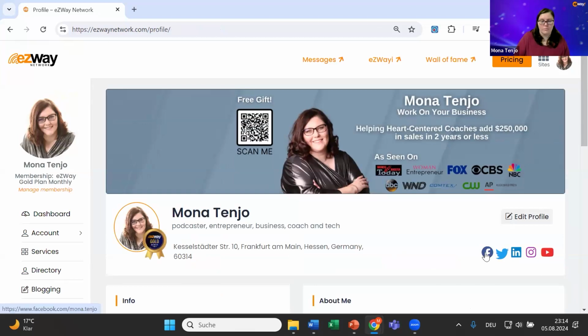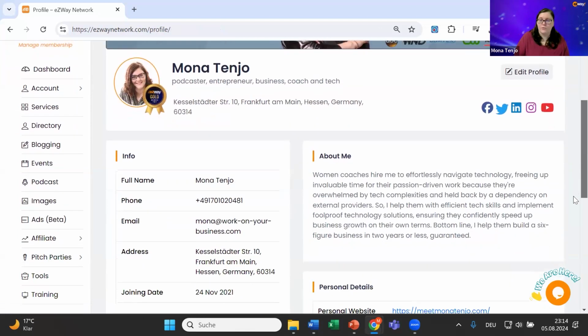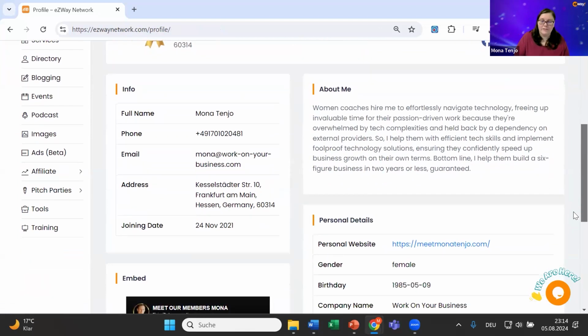And if you go with your mouse over the little icons here, you can also check immediately on the lower left side of your screen. If I move my mouse away, you will not see it anymore. So just check on the lower left side. You can see the full URL of the button you are on in that moment. So this is your double check. And of course, you can click it as well to see if they open correctly, right? So make sure that your profile is filled, so that people can find you.